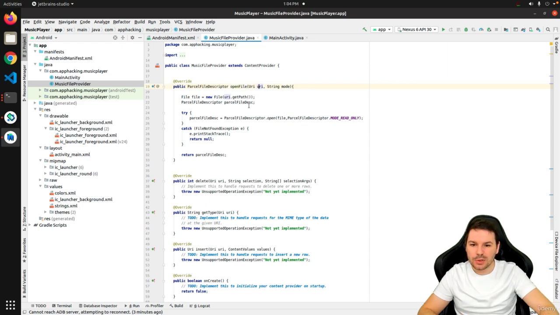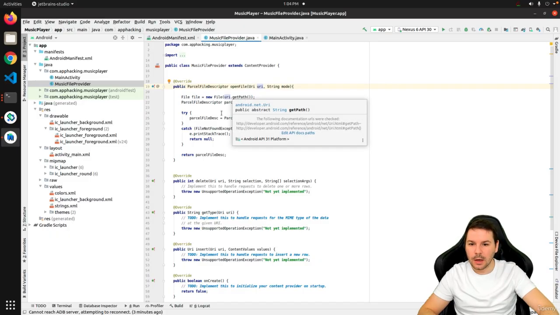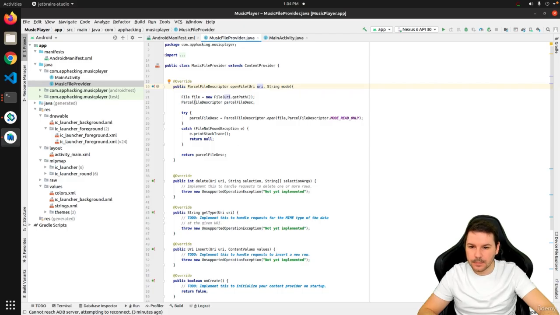The URI seems to be the file path, because we can see we're creating a new file object based on this URI. And then let's see, is this being used? Over here, this one is being used, and we are opening this file right now. And we can see this mode. I mean, it might be read, write, append. Not sure if append exists, but this mode is simply what type of access we want to have to this